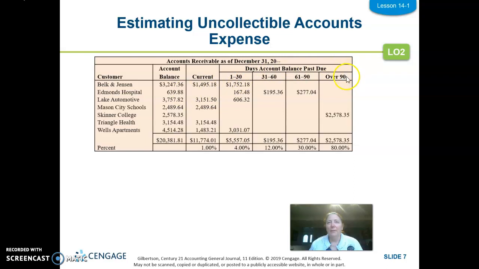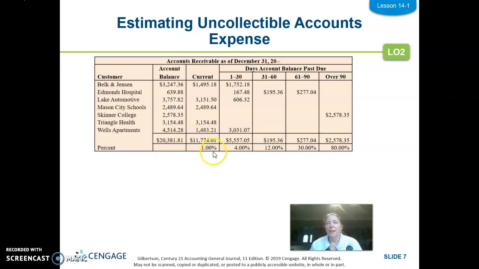So we have these buckets: 1 to 30 days past due, past the invoice date, 31 to 60, 61 to 90, or over 90 days past due. For every single customer, we go through and figure out for every invoice if they're in the current bucket, not past due, or 1 to 30 days, 31 to 60, 61 to 90, or over 90 days. And we do the schedule and we add each of these buckets up. So our current bucket's 11,000, 1 to 30 is this, and all of these add up to our